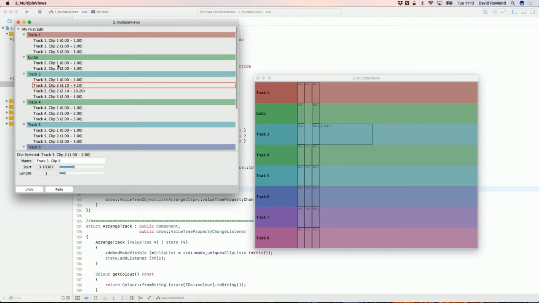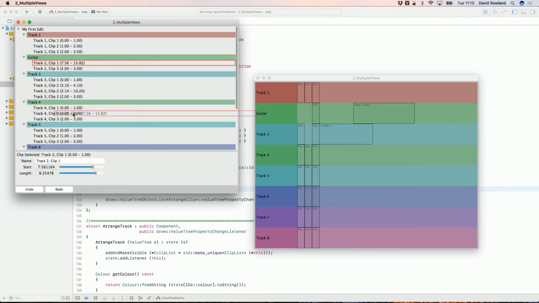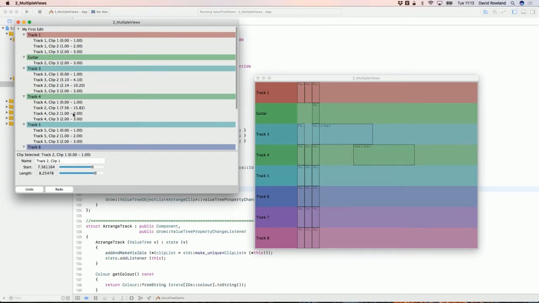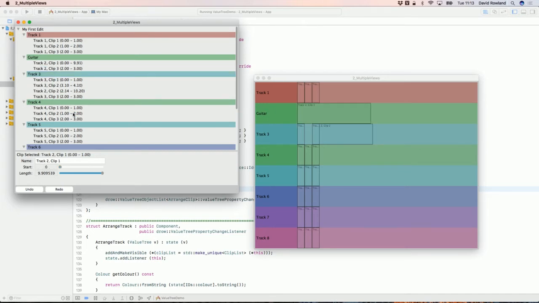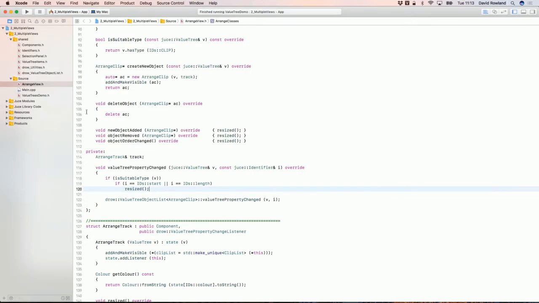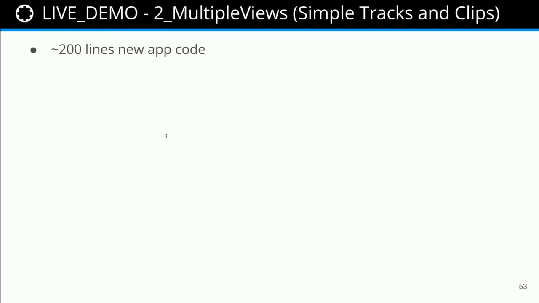I can move clips around. Let's do a different one. I can change the length and the start, and of course if I drag that, then it jumps around. And then I can undo it. So relatively high level featured